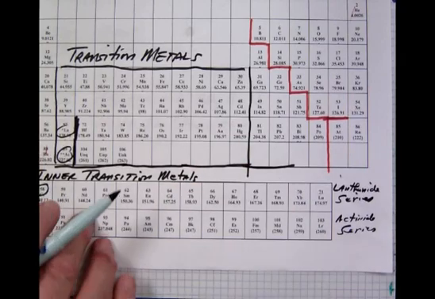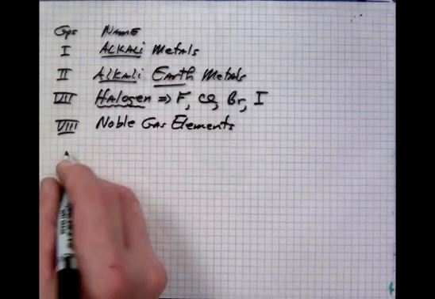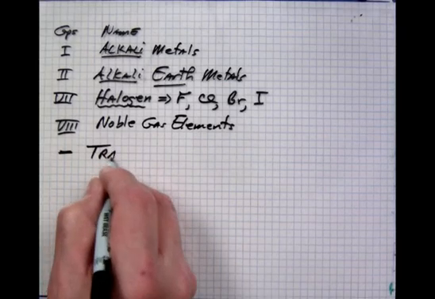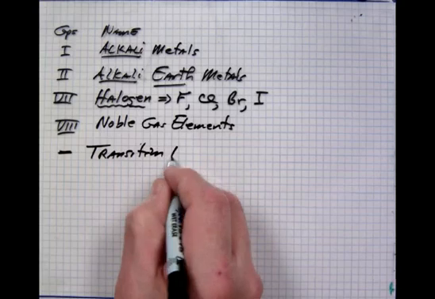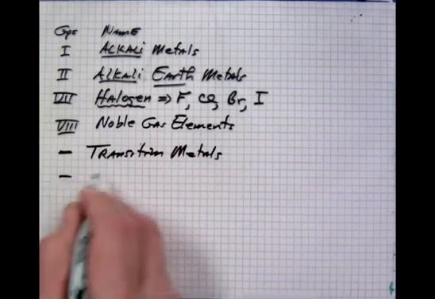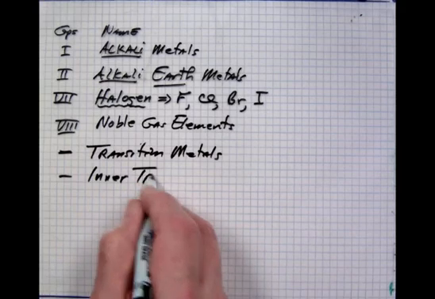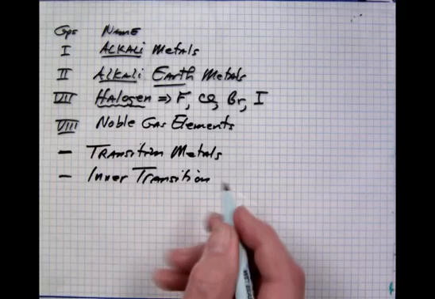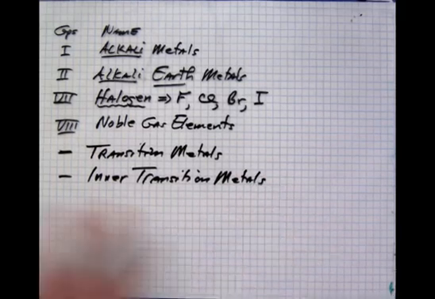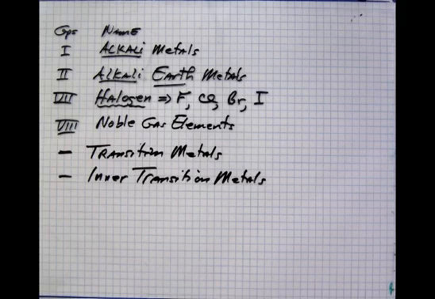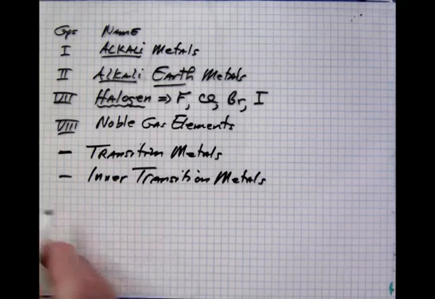But you need to know block groups as well as group names. So in here you will add transition metals and intertransition. So we have some names that are very important in the generic identification of pieces and parts of the periodic table. Okay, now next